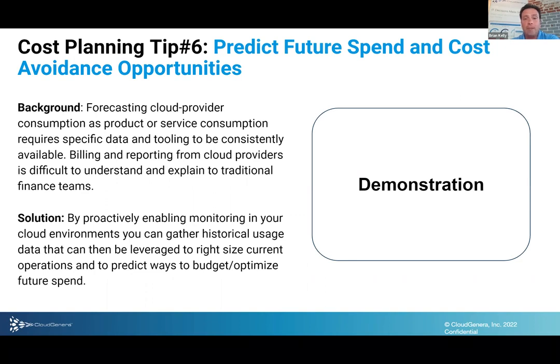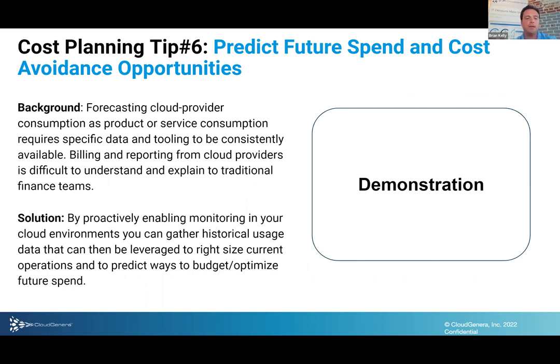Those teams are used to CapEx. They're not used to fractional share of services. The solution: by proactively enabling monitoring in your cloud environments, you can gather historical usage data that can then be leveraged to right-size current operations and predict ways to